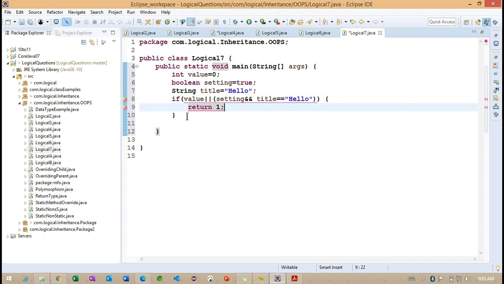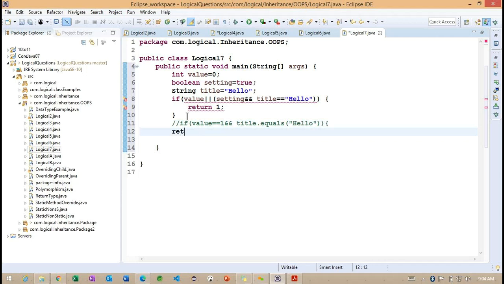And one more condition I want to check here, which I want to define inside this particular block: value equals 1, title dot equals, return true.